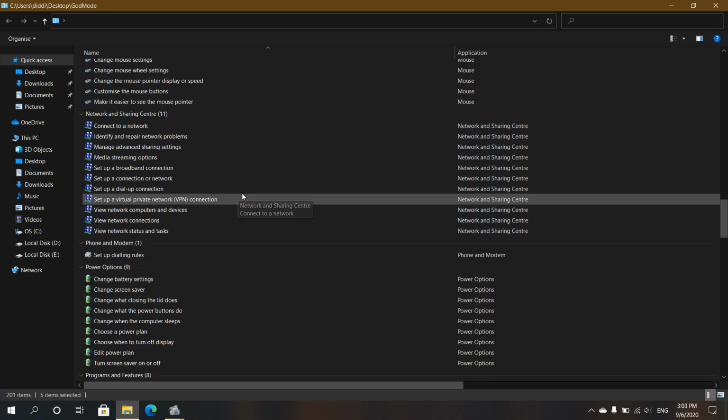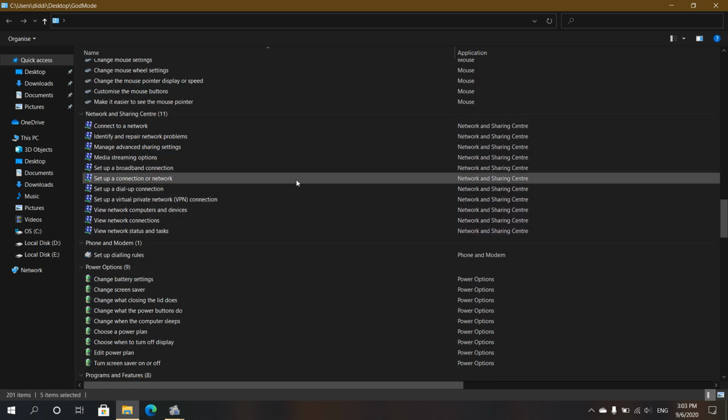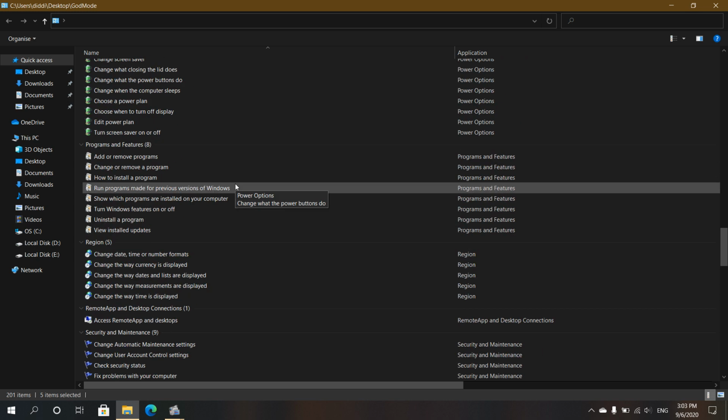There are mouse options, network connectivity options, power options. What it does is dig deeper into the Windows operating system and find all the administrative tools and programs under one folder. This option works in Windows 10 Home as well as Pro versions, and it also supports different hardware.